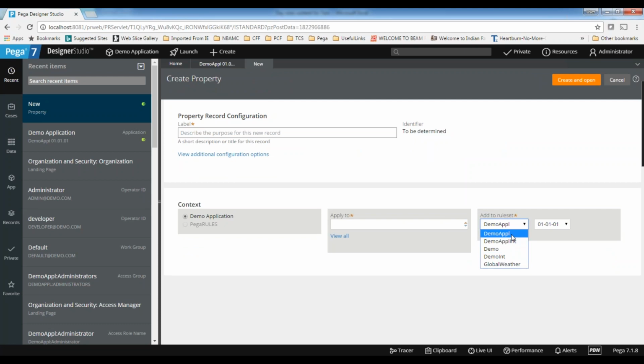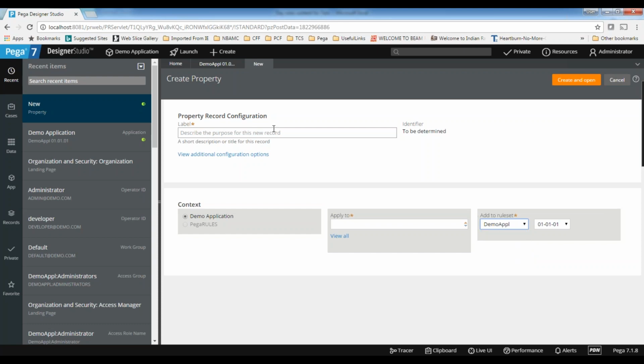If you have any issues, save all the rules in the application rule set only. Don't go for different rule sets or different versions. If you don't have clarity on the purpose of a rule set, save all the rules in the application rule set only, and there won't be an issue. If you save some rules here and some rules here, and you are building the logic in the demo application and referring to application rule set rules, then you will get an issue. Even though the rule is available, the system cannot see it because the stack is different.